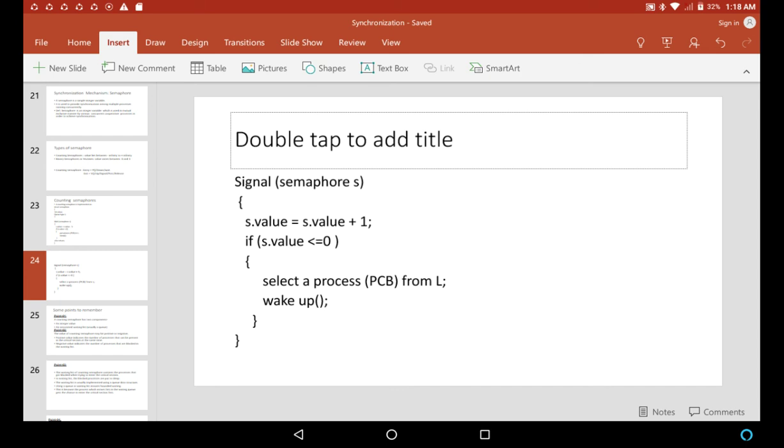So just write out, if s is equal to 17, that is initial value of semaphore is equal to 17, what will be the final value of semaphore if 5P, 3V and 1P operations are performed? Try to find out the answer for this.